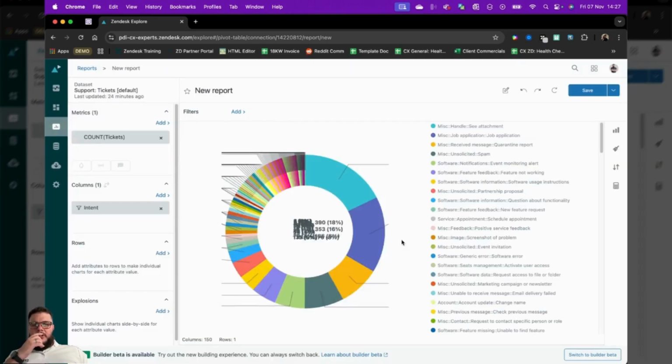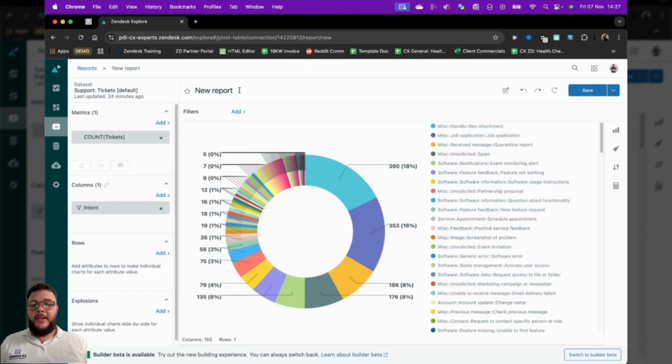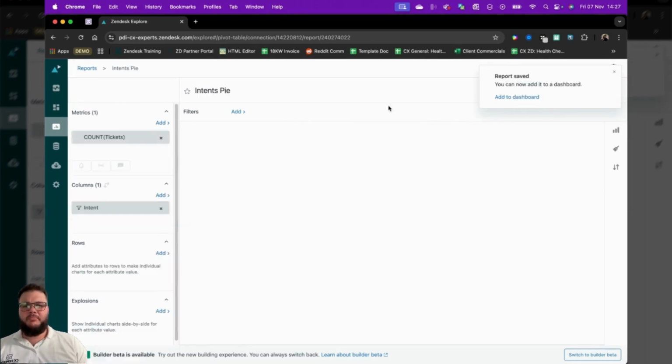Continue. I'm looking at a lot of data. So most of my intents are, and these are automatically gathered by AI, for example, is handle C attachment. Okay, that's fine. So I'm going to call these intents by pi. Cool. So I'm going to save this. Great. So that's a lot of data. There's no filters on here yet, but I'll show you how to do that